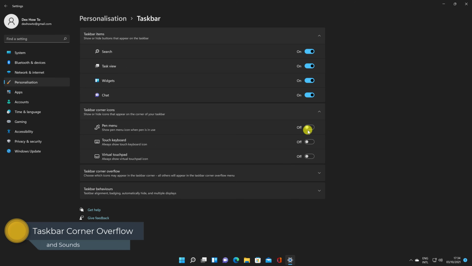Taskbar corner icons and overflow. While the taskbar corner icons and the overflow window aren't new, I never actually knew what they were called before. Turns out the corner icons are the icons in the right corner of the taskbar. The ones that show the time and date, your battery status, your volume level, and your Wi-Fi status, among other things. The overflow is the little pop-up menu that appears when you select the arrow to the left of these corner icons. For the most part, the icons in the overflow window are meant to notify you when there is something that needs to be done, messages that have arrived, or an update that is needed.